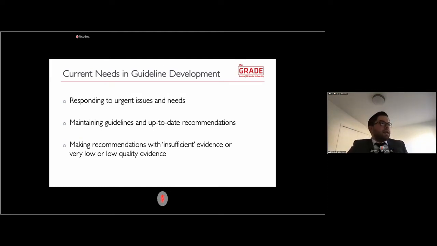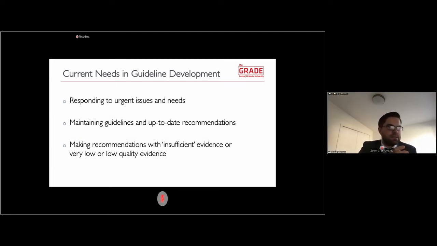So in terms of the next components I wanted to address in the webinar, they are current needs in guideline development. So what is new? What are the current trends and needs in developing guidelines to guide practice, policy, and decision making? And I've organized these into three topics. One is responding to urgent issues and needs. The second is maintaining guidelines and up-to-date recommendations, and then finally making recommendations with insufficient evidence or very low or